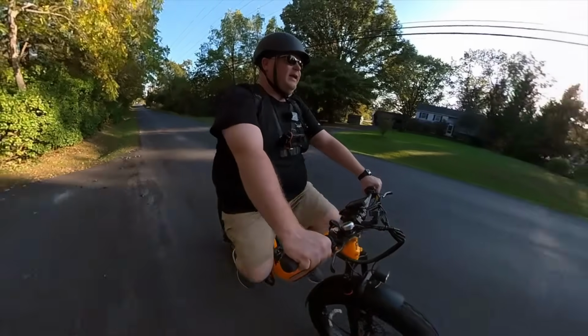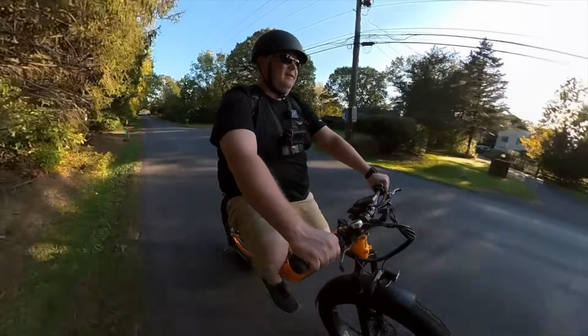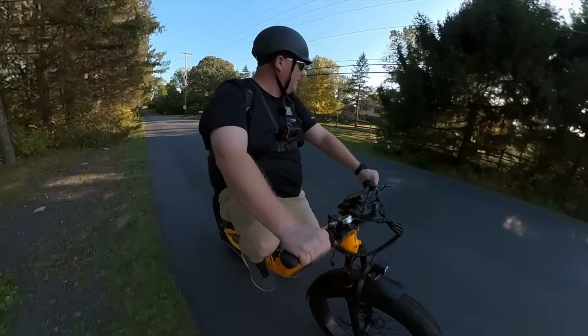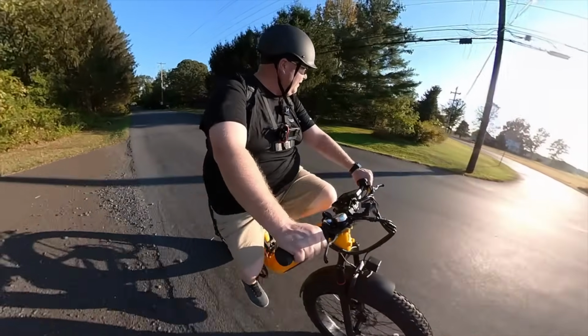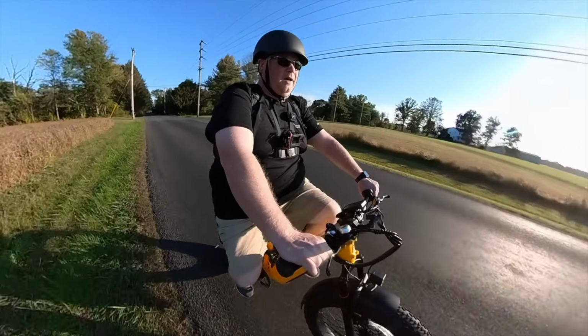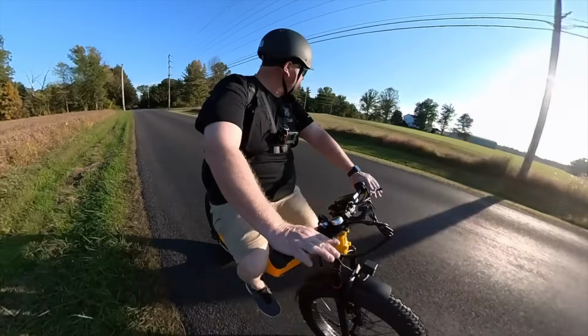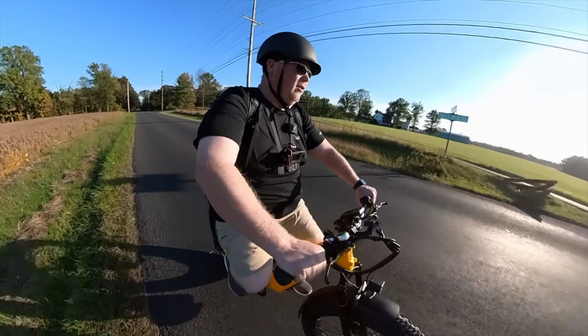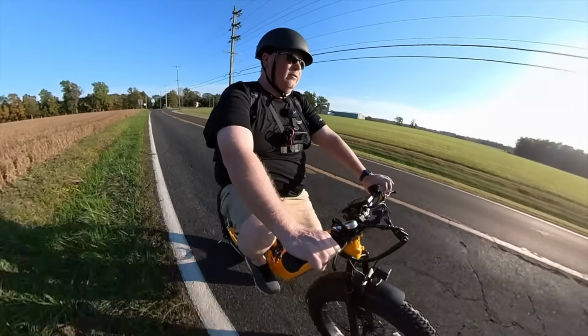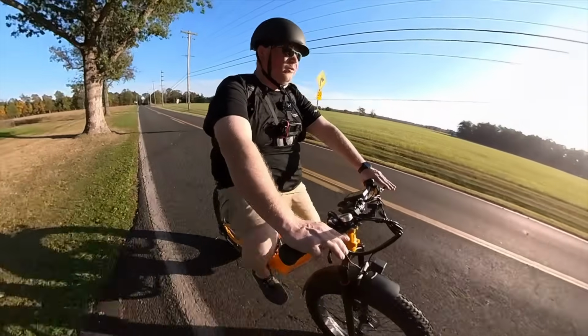Now I will say, I have reviewed a few of these full suspension bikes recently, and my backside is definitely getting used to them. It's making me a little spoiled for when I have to sit on a commuter style or a hardtail electric bike, a bike with no rear suspension, because it's just a lot more comfortable. So as we take our little ride here on Sunday and enjoy this perfect weather,